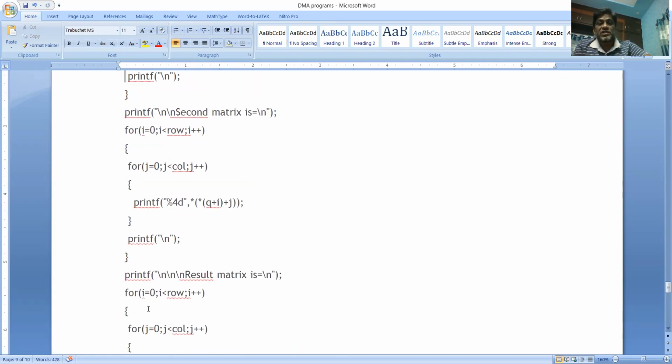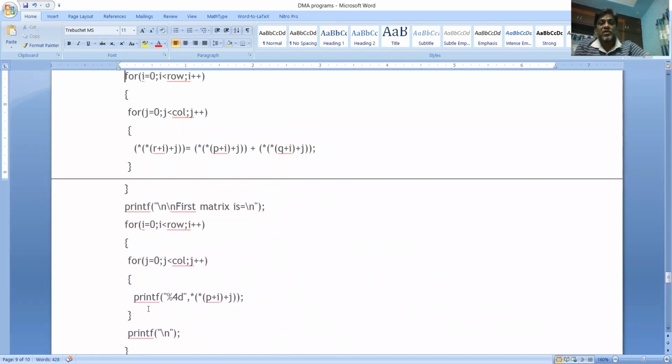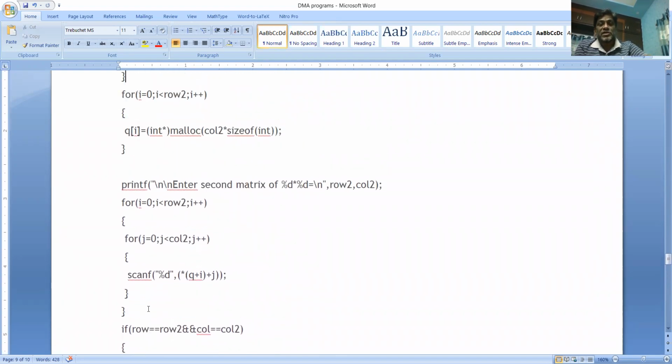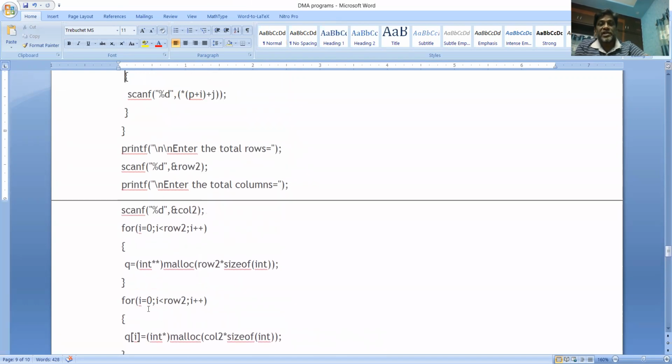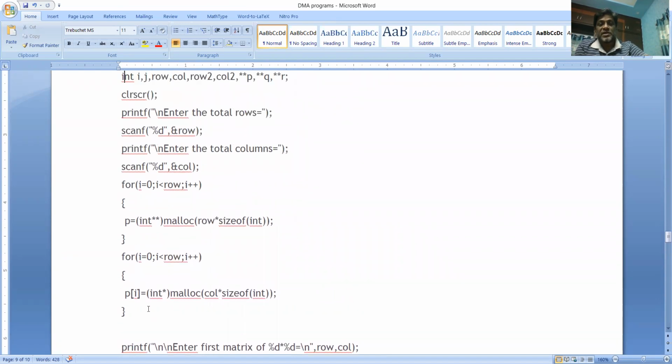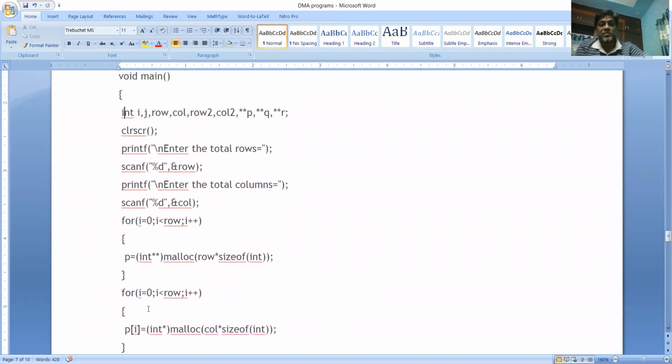You can observe one thing: we have given the user the choice of matrix size in our program. Earlier we did it by fixing the memory sizes as 3 by 3 matrices, but in this program we did not fix it. We asked the user to enter the sizes of each matrix. Therefore this program is more efficient compared to the earlier program. So practice this program properly. It is a very important program from the examination point of view also.